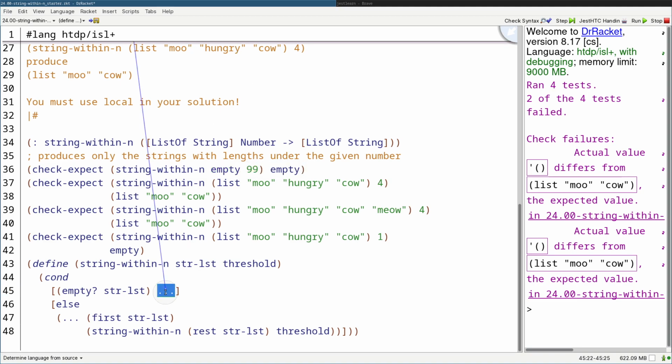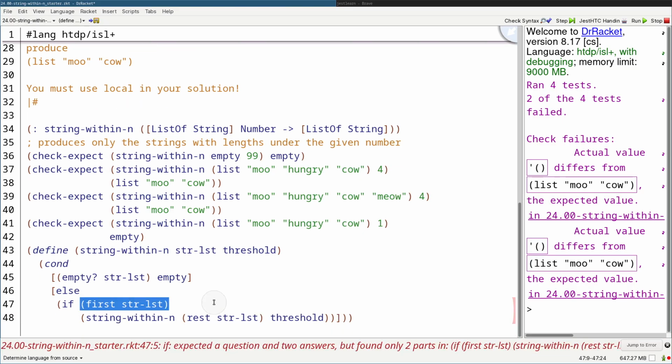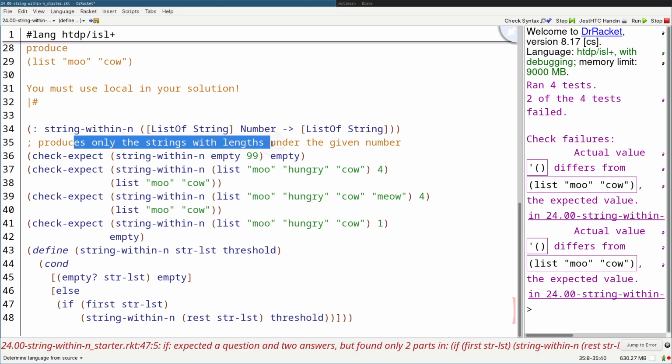Now what do we do? Well, it looks like we sometimes include items from the original list in the output list, and sometimes we don't. So we need some decision making, which screams that we need an if here. What do we do with this if? Well, we grab the string length, since the function produces only the strings with lengths under the given number. We have to turn these strings into numbers if we want to compare them against the threshold, which is a number. So we need to wrap this in a string-length